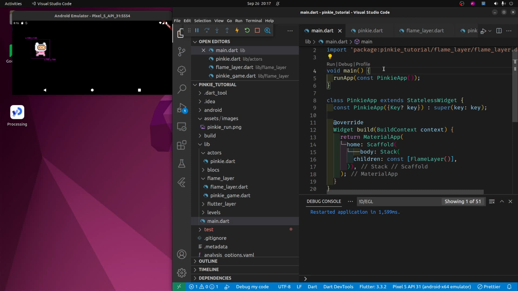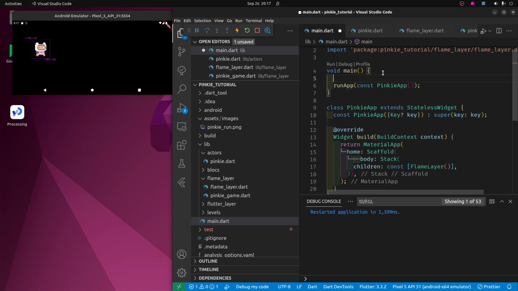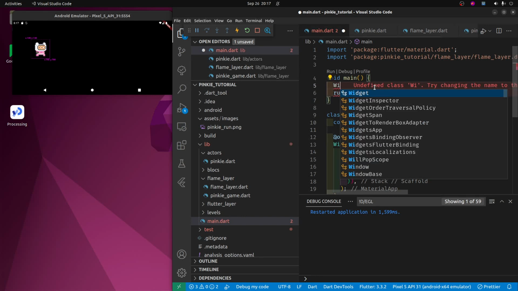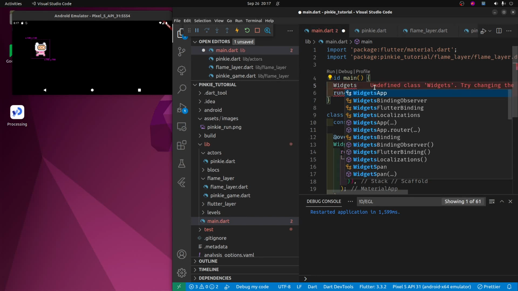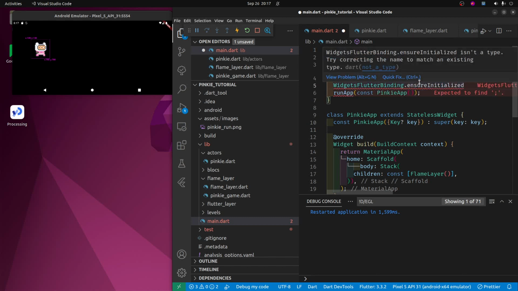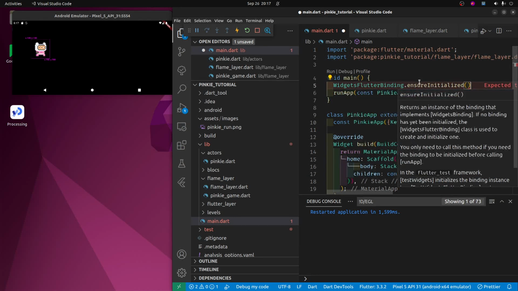So right up here in main, right at the top of the main.dart program, above runApp, I'm going to make sure the widgets are initialized. WidgetsFlutterBinding, this is from Flutter. Just make sure that the Flutter engine has been initialized, and so you can access all the